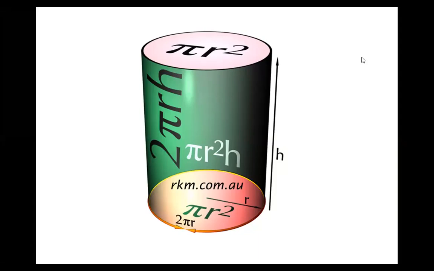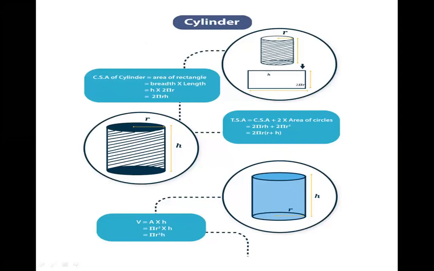And the volume is the quantity that tells the capacity of the cylinder, and the volume is pi r square h. So remember these formulas. These are the configurations of how we create the curved surface area, then the total surface area and the volume. Here, in place of curved surface area we use just surface area, and the total surface area is represented as total surface area.